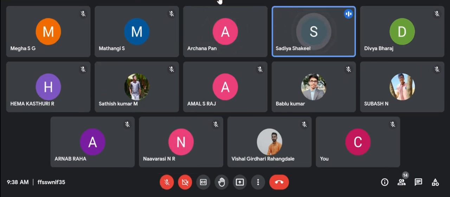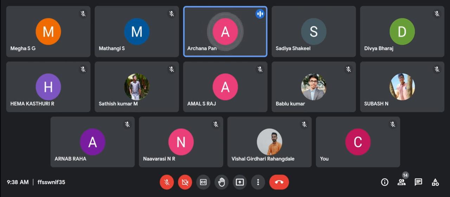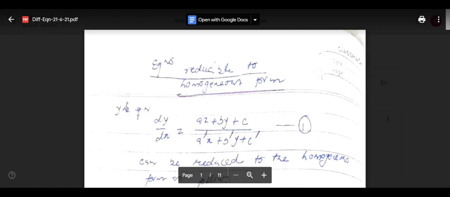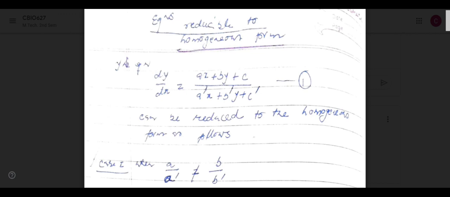Ma'am, is it that the denominator and numerator are of the same order? So the equation is dy/dx equal to f of xy divided by g of xy. Okay. So this f is a function of x and y, and g is a function of x and y. Anyone? Any other? So is Shadia correct or wrong?